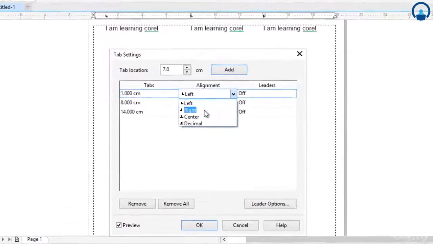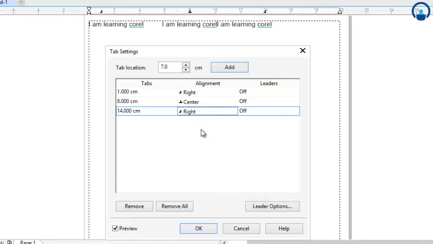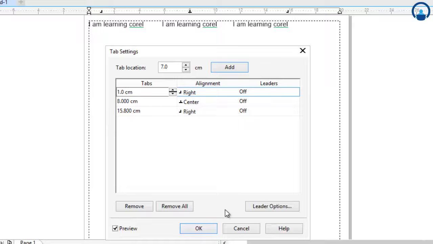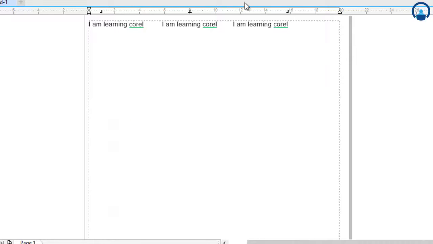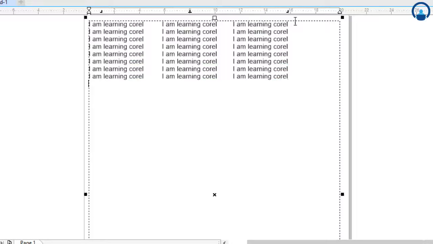Now from here you can change the tab setting. Suppose you want this to be center, or you want this to be right, here you can change the tab setting. If you press OK, the tab has been set. Okay, now suppose you have a table and you want to set the tab, so this is how the tab has been set.